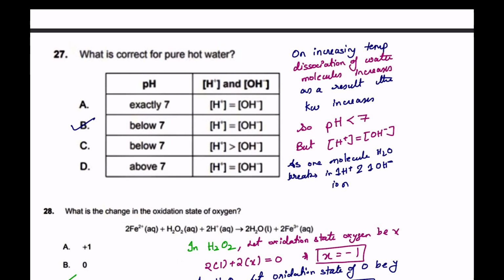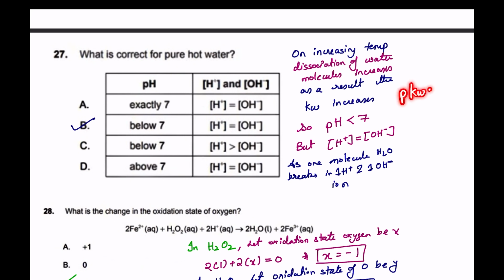Now question 27, what is correct for pure water? Now this is a pretty interesting question. So pure hot water means you're increasing the temperature of water. As you're increasing the temperature of water, the dissociation of water molecules will increase. So as you're increasing the temperature, obviously more bonds will break. So more H plus and OH minus ions will be there in the solution. So the Kw value will change, or we can say the Kw value will increase. So as the Kw value increases, the pH will be less than 7 because